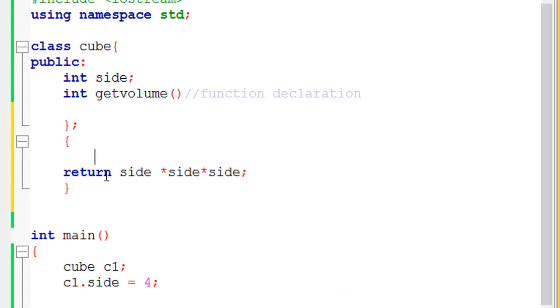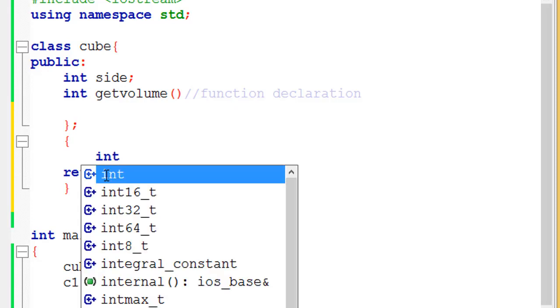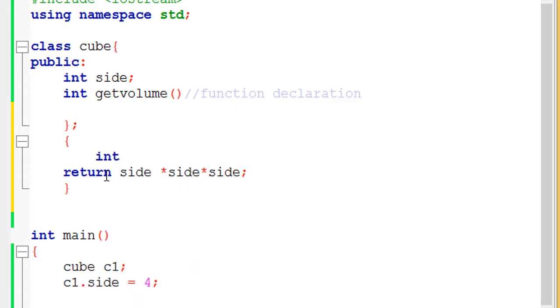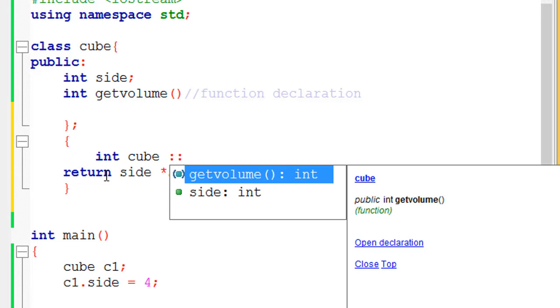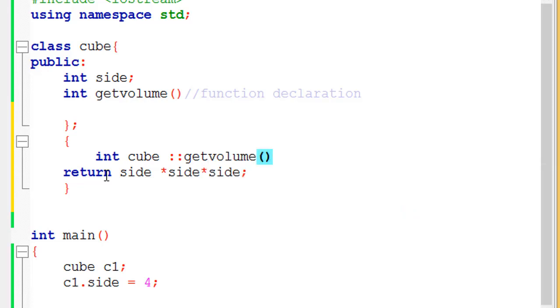So first we have to define int, and then what is the class name? Class name is cube, and then the scope resolution operator, and then simply the name, that is get volume, right?